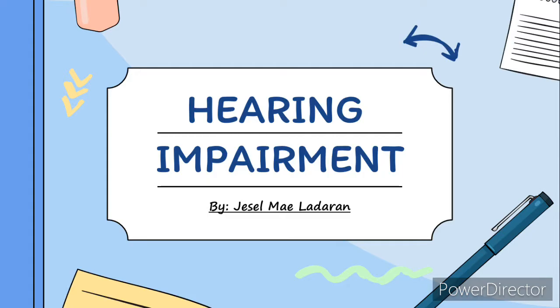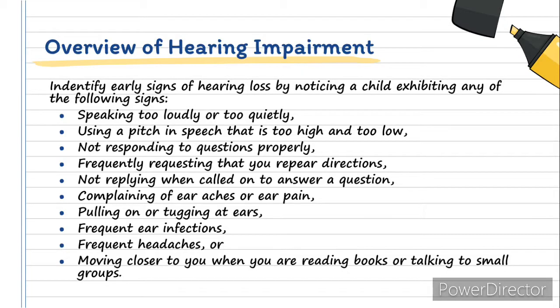For the overview of hearing impairment, hearing loss often goes undetected, which means many children with hearing loss do not receive early intervention. It is not unusual for a child's hearing loss to be detected as late as 5 or 6 years of age. So, you can identify early signs of hearing loss by noticing a child exhibiting any of the following signs: